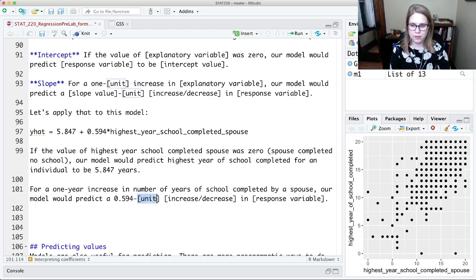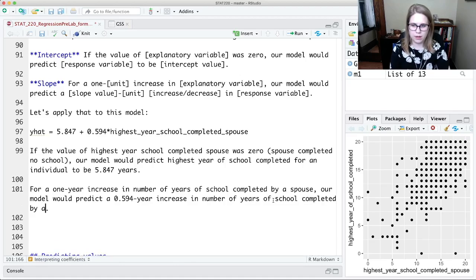When we think about the units again, the units for this one are also years. It's not always the same for the explanatory and the response, but in this case it is. Year, and then we have to think, is it an increase or decrease? This is a positive slope, so it's going to be an increase in, and then the response variable is the number of years of school